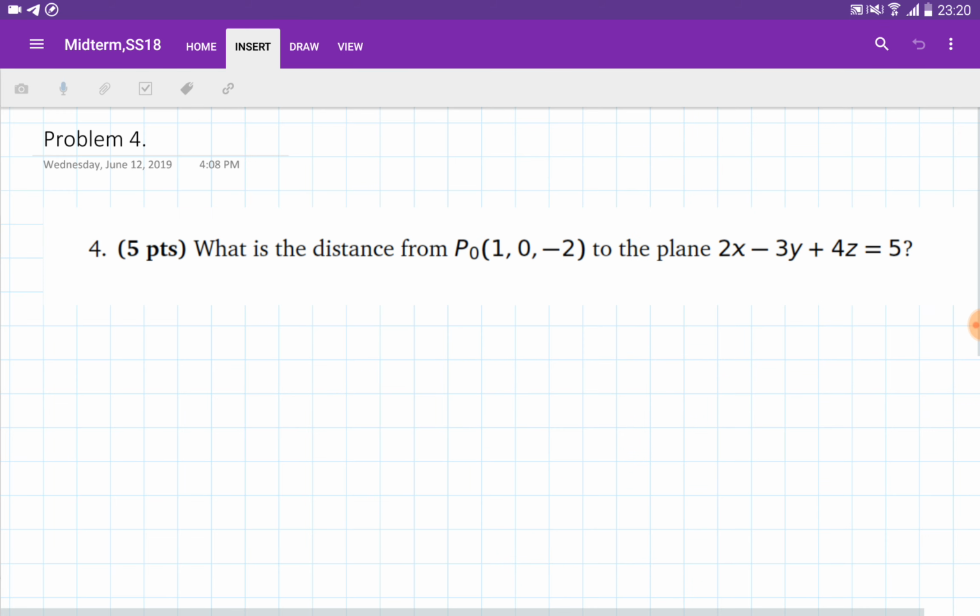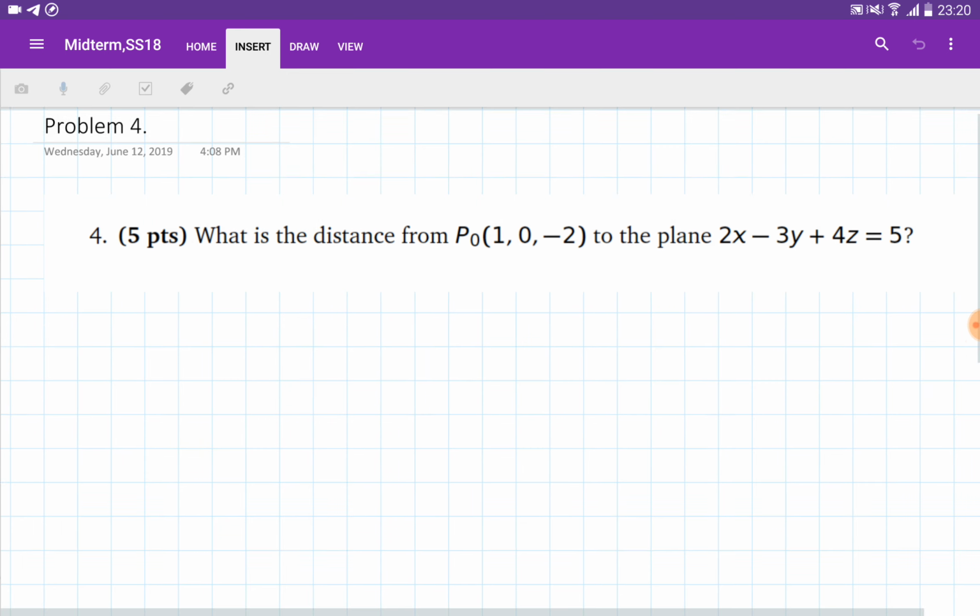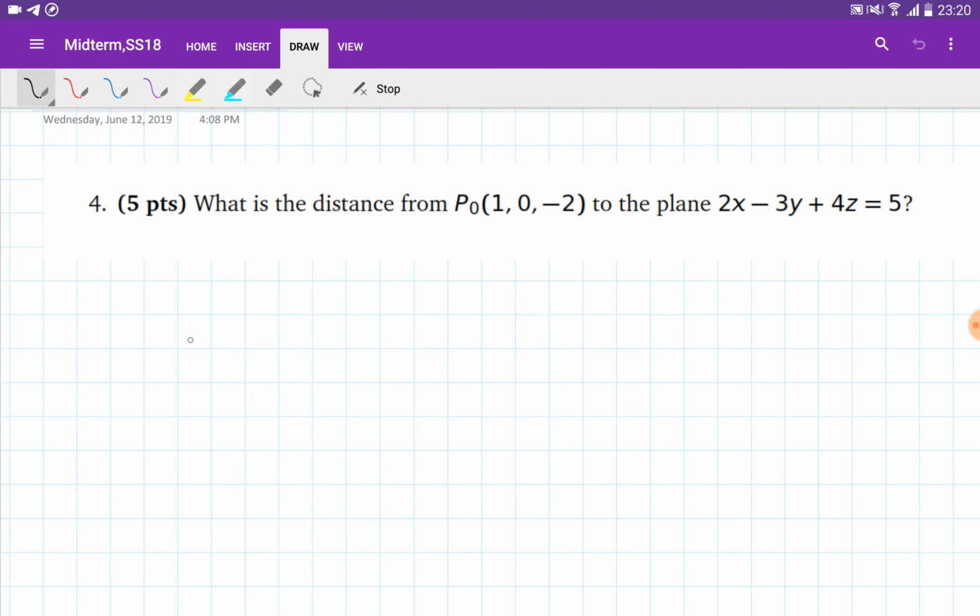Problem number 4 is we need to find the distance between the point and the plane. So in order to do this, let me draw them. So this is the plane, and we are given a point here. P0 has the coordinates 1, 0, and minus 2. So what I want is to find the distance between this point and the plane, right? So please note that what I would like to do first of all is to choose one point on this plane, and I would like to make a vector, right? And this vector